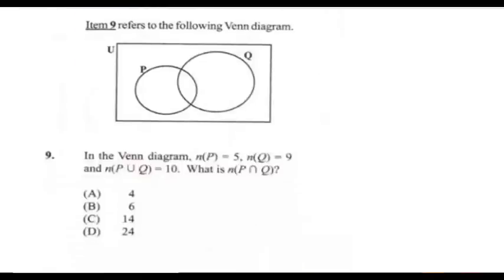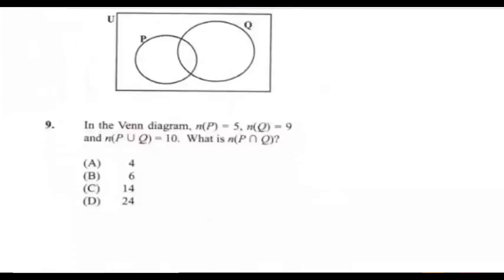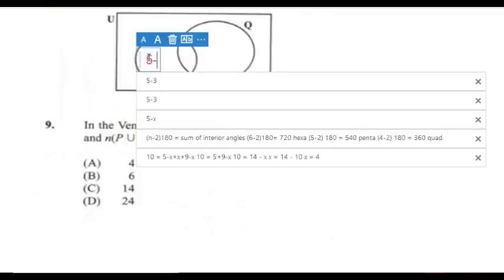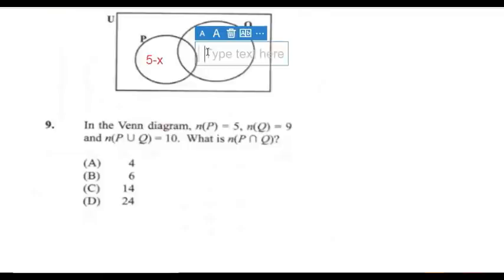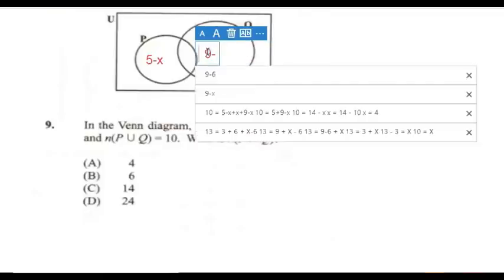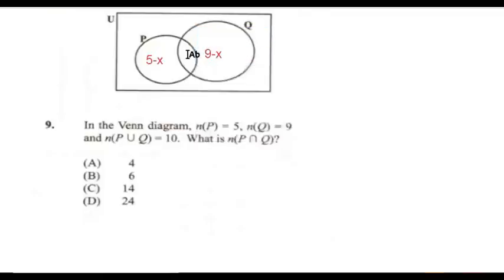9, in the Venn diagram, the number of elements in P is 5, the number of elements in Q is 9, and the union of the set is 10. So what is P intersect Q? Let's just do some jotting down. The number of elements in P only is 5 minus x. The number of elements in Q only is 9 minus x. And we're trying to find the intersection, which is x, and what we know is that our union is